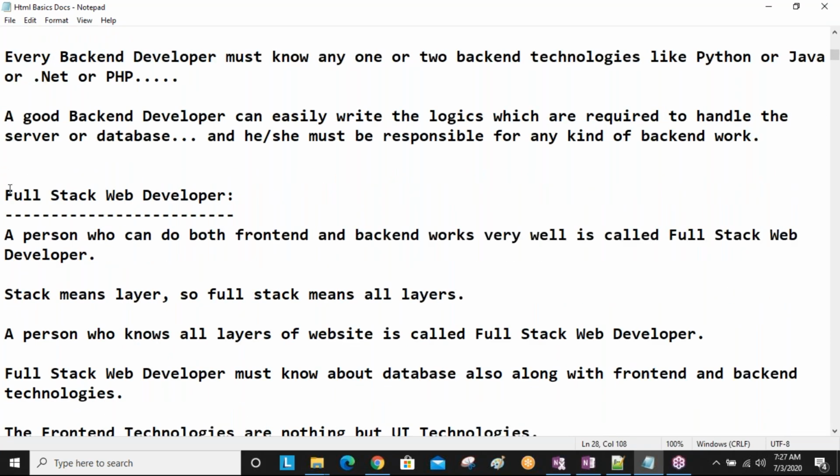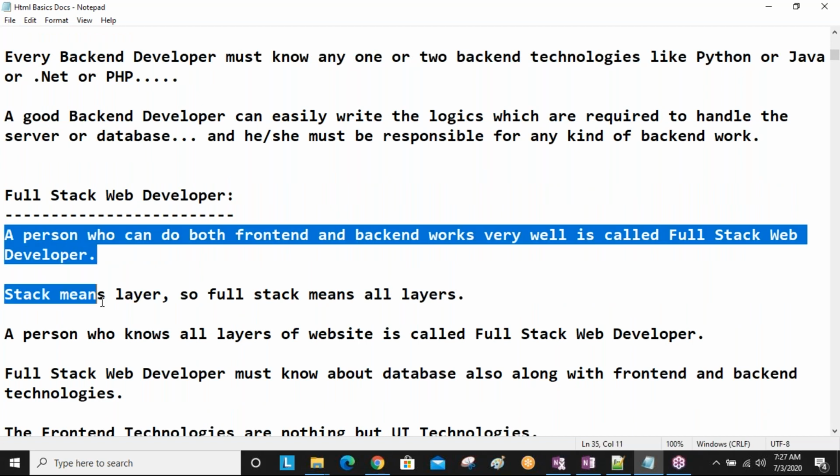Full stack developer means simply a person who can do both front end and back end work very well, presentation and back end logics, then that person is called a full stack web developer. The person who does both presentation logics and server side logics, meaning back end technology, we call a full stack web developer.